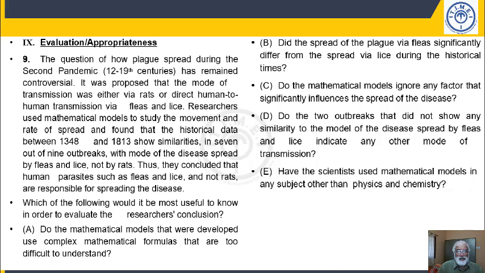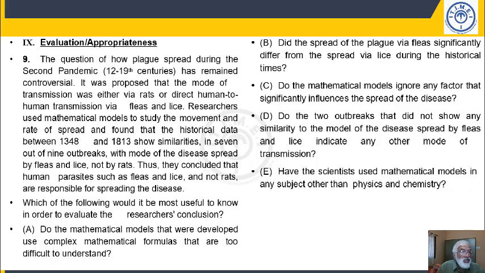So this one presents this passage. The question of how plague spread during the second pandemic, 12th to 19th centuries, has remained controversial. It was proposed that the mode of transmission was either via rats or direct human-to-human transmission via fleas and lice. Researchers used mathematical models to study the movement and rate of spread and found that the historical data between